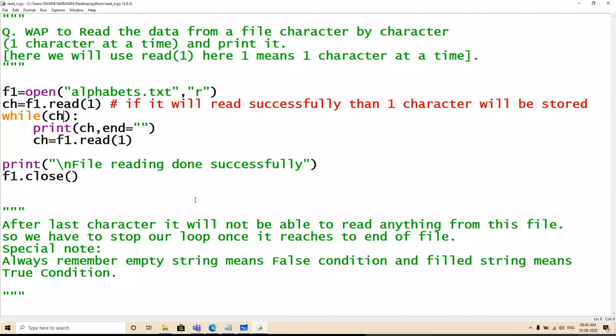You have to do that. How can we do this without using this first character to be read before the loop? Of course, we have to read one by one all the characters, but how can we do that without reading one character outside the loop? Okay, so this is one simple question of read n: how can we read one character at a time, one by one.